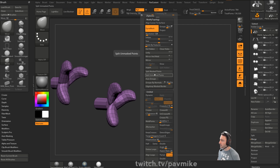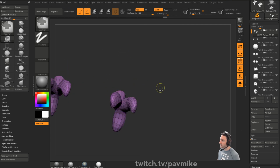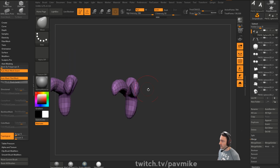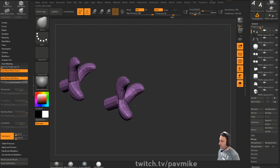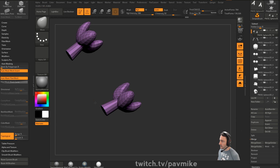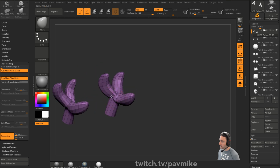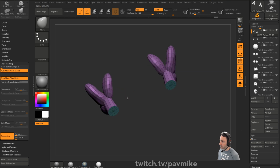You know what, just to make this work a little bit faster, you know what we could have done? We could keep this. Just go into your move brush or go into move topological. Let's go into auto masking and we'll turn on topological masking. So now the first subtool I click will be what moves, and then I can just kind of refine this. And again, if you're just working quick, just Dynamesh it and call it a day. But just to give you another example of a very precise result at the very top or something like that, you could achieve it just through